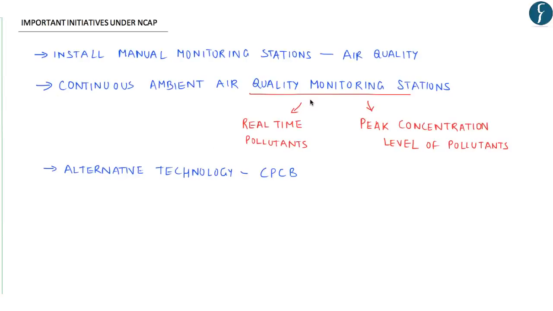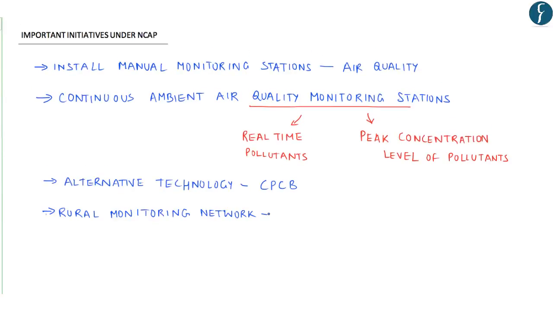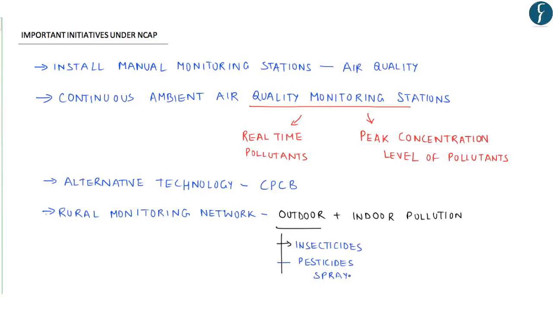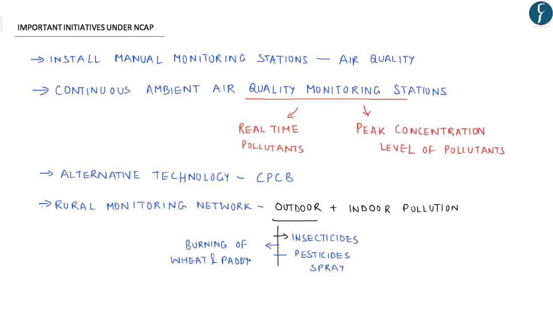Another initiative under NCAP is to monitor rural monitoring network. It has been observed that even in rural areas, air quality has reduced significantly. Rural areas suffer from outdoor pollution as well as indoor pollution. Major sources of outdoor air pollution in rural areas are indiscriminate use of insecticides and pesticide spray and burning of wheat and paddy straw. Also, atmospheric concentration of ozone has been observed higher in rural areas as compared to urban